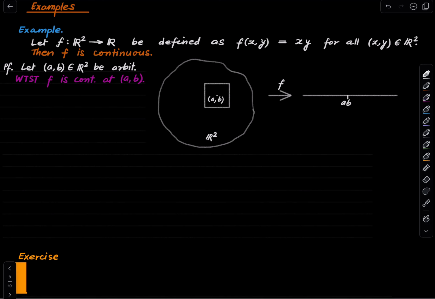So again, let epsilon be greater than 0. And in fact, I highly encourage you to pause the video and figure this out by yourself. That is the best way to learn such things. Okay, so we have chosen this epsilon ball. And again, we'll be working with the infinity distance. All right. So again, let delta be something that we'll figure out later. Let delta be such that